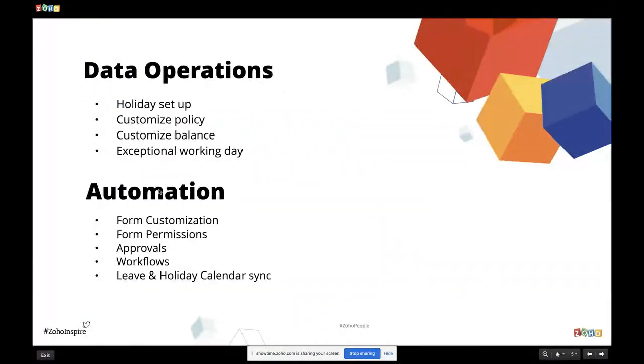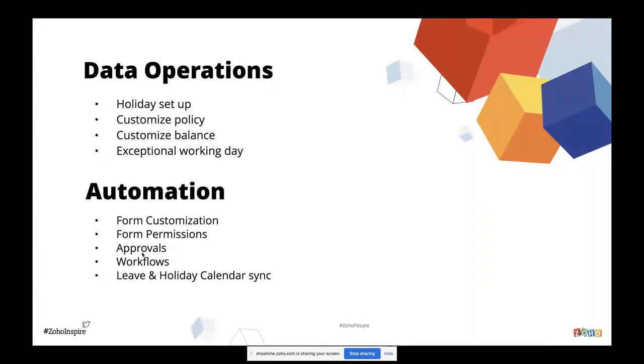Going to the automation part, we do support form customization. So you can alter your leave application the way you require, and then you can define the form permissions for each and every field that you have.